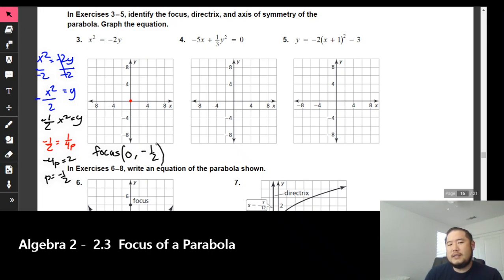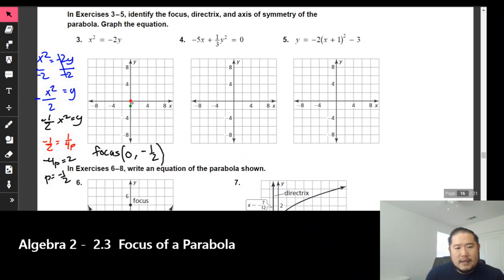Or 0 plus -1/2 if we were to use the vertex form, or the standard form of a parabola with the vertex (h, k). But (h, k) is (0, 0), so that's why I could say 0 minus 1/2, or 0 plus -1/2. I'll put this in green right here. This is where the focus shall be,